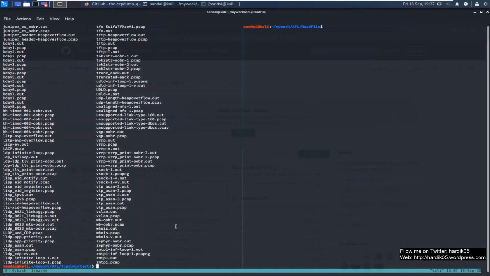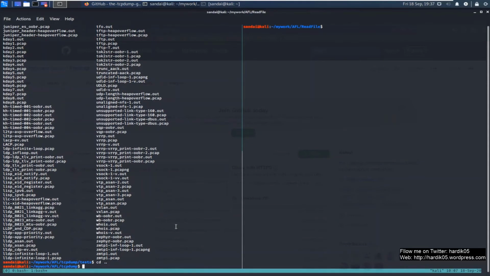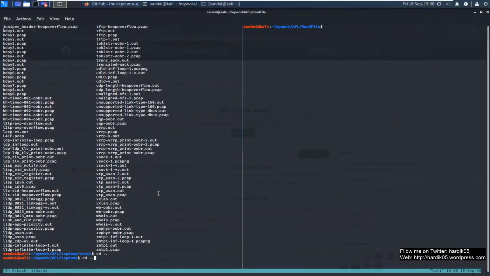So this is a good corpus which we can use, but the only thing we need to do now is minimize our corpus, because it might contain a lot of files that we actually don't need. We need to use a command, which is afl-cmin, with -i for input, the test directory, and -o for out, where it will save our minimized files. Then we need to give -m as none, because we have compiled this using ASAN and we are on a 64-bit system, so that's why.